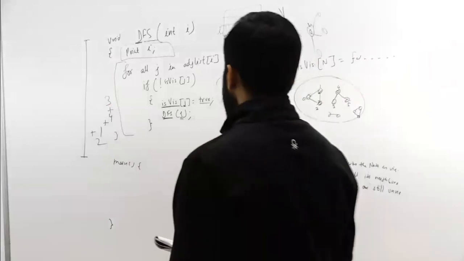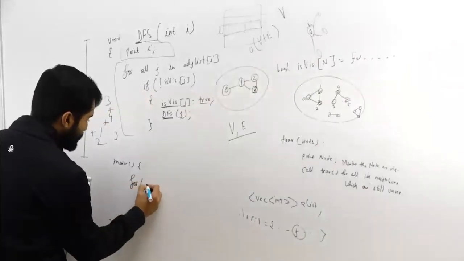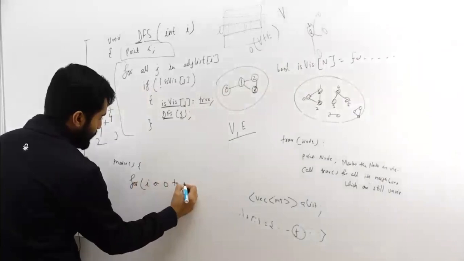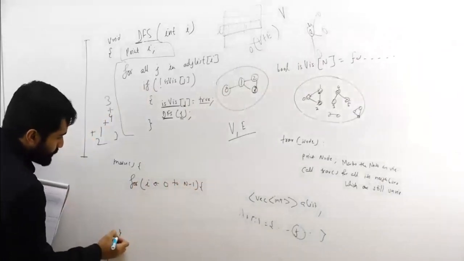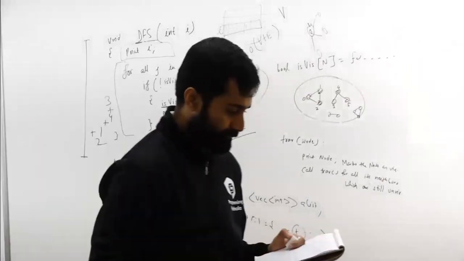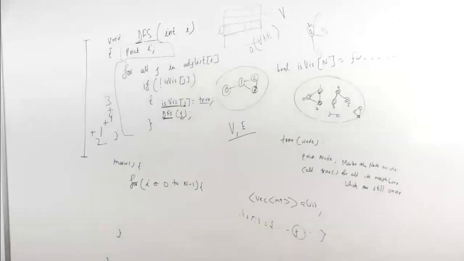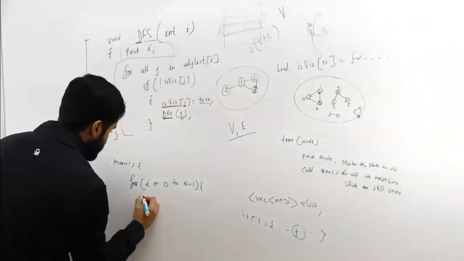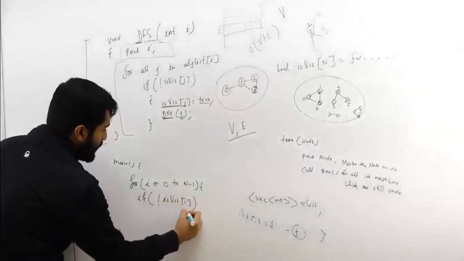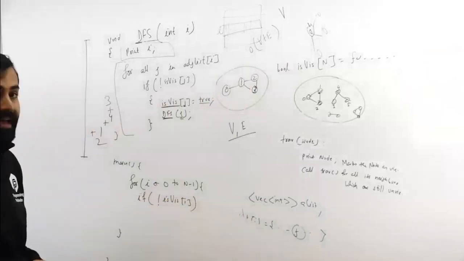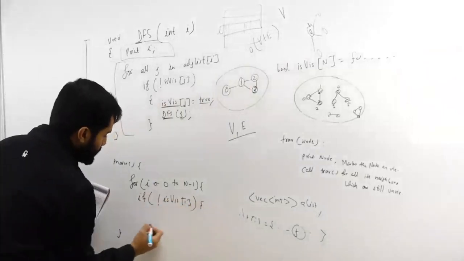So I would say that, hey, let me traverse on all the nodes from 0 to n minus 1. What should be my first line of code in this loop? Check. What do you want to check? You want to check whether the current node, which is I, has been visited or not. So if not of is vis I, it means that if ith node has not been visited,